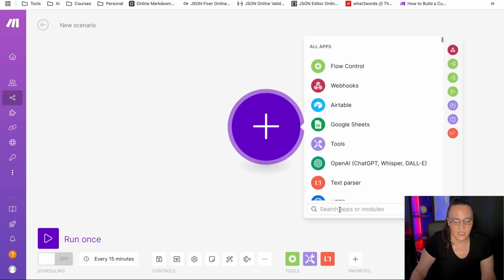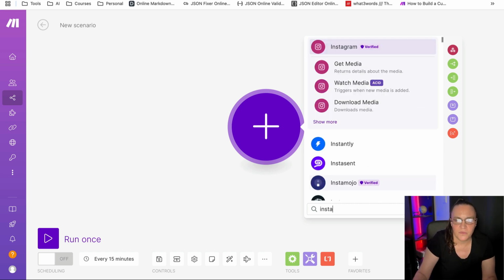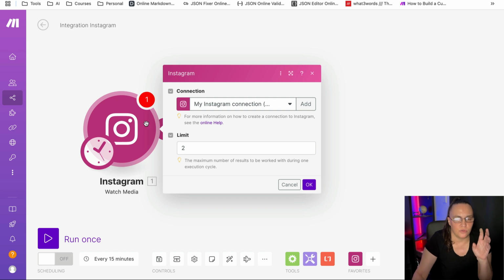Okay, so the first thing is we want to watch media. That's the module we want, because we want to know every time a reel has been posted. Now, if you haven't connected to your Instagram, you can do it here, and definitely make sure that you have a business account,